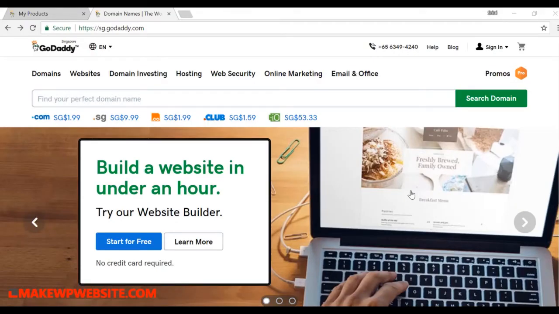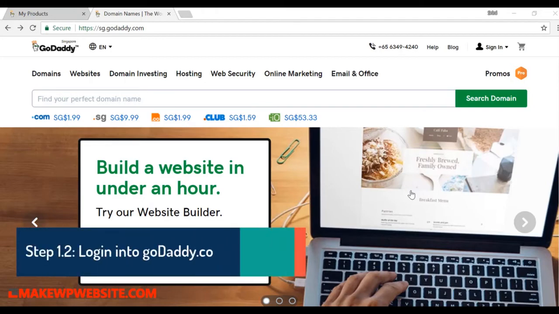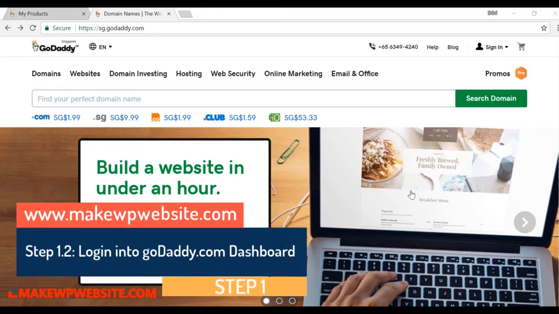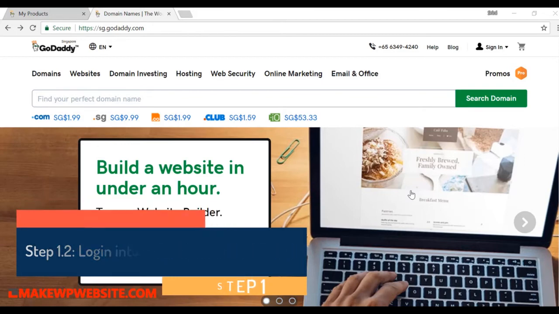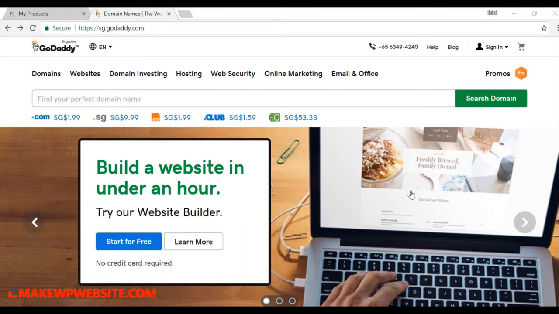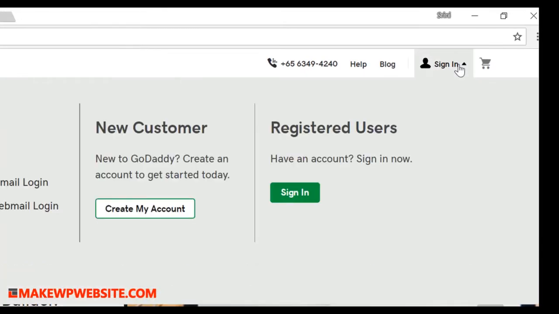Okay, so let's look at step 1.2, how to log in to the GoDaddy dashboard. In the previous section, we saw how to create an account with GoDaddy, and I also showed you the different things you have to edit before you start using or making a purchase with GoDaddy. So I've logged out from my GoDaddy account and I'll show you how to log back in. Okay, so I'm on the godaddy.com site. Click on sign in. Previously we clicked on create my account, but this time you click on sign in,